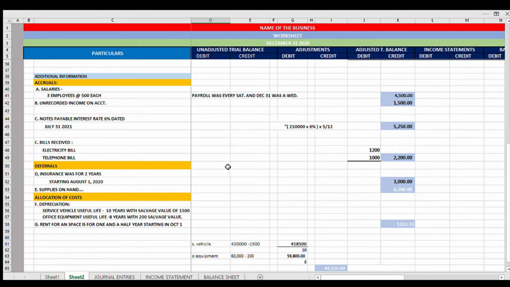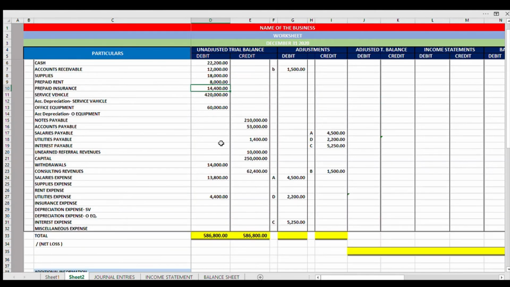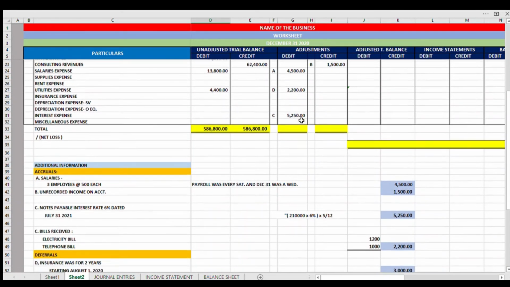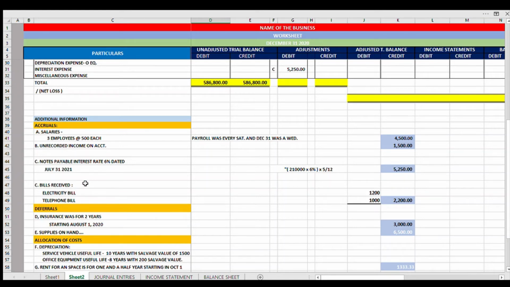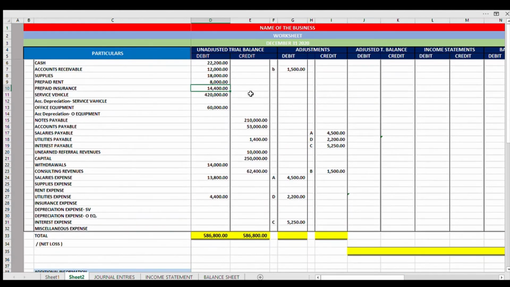Base kasi sa ating insurance dito, ang sabi, 14,400 times, okay, so it is correct na ang magiging expired portion ng ating insurance ay, again, it is 14,400 divided by 24 times 5 months. No? The answer is